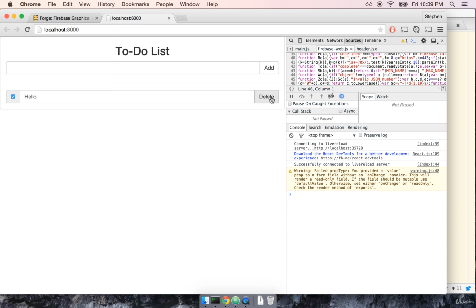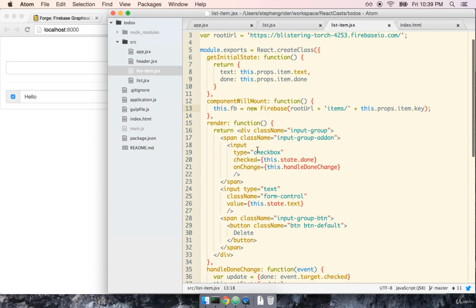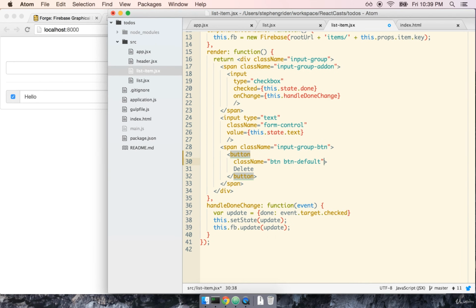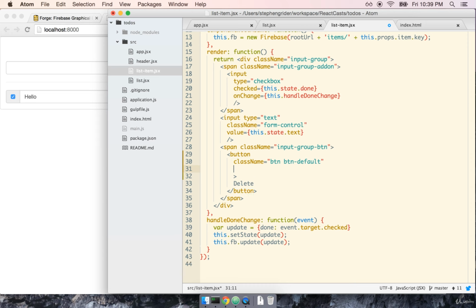Our next task is to hook up the delete button. This will be pretty quick since we've already got our Firebase reference to this particular to-do. Let's start by adding an event handler attached to our delete button. We'll do a little bit of formatting and say